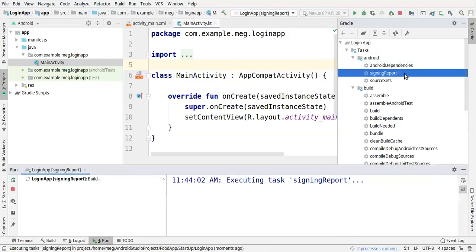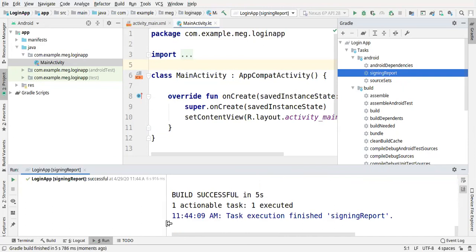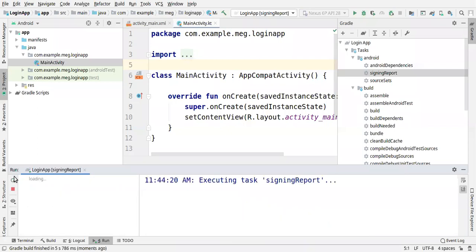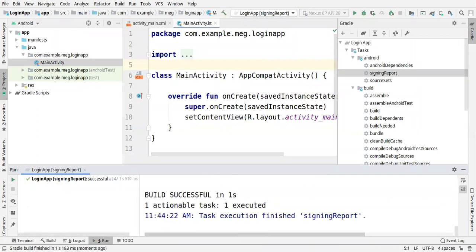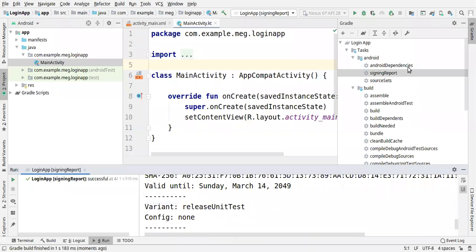So you get the signing report. Then you just come here and run. So you have the run here. Then we can now see the SHA-1. So you come to signing report, then you just run. So you can see the SHA-1 for your project here. So you just come down here